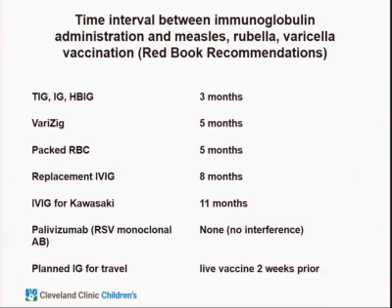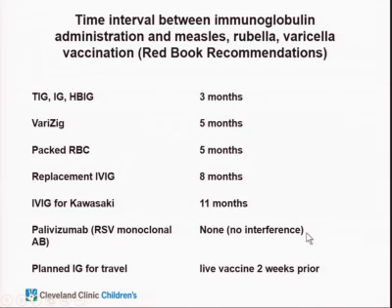And this is the table taken right from the Red Book, which you need to know, which tells you the actual interval of time that you need to wait between the administration of an immune globulin product and the receipt of a live virus vaccine, such as MMR or varicella. So for things like tetanus immune globulin, it's 3 months. For Varizig, it's 5 months. The one that I would remember is Kawasaki is 11 months. Remember that